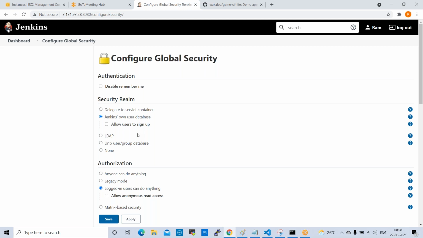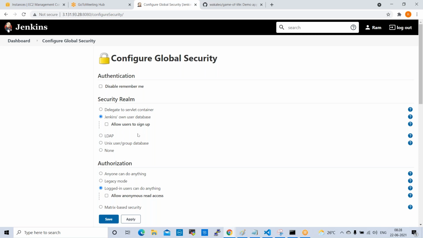LDAP users can access all the emails, tools, and internal applications. SSO will be configured. What is SSO? Single sign-on. Using our username, we can access all the tools, applications, and consoles. Normally big organizations use LDAP servers.